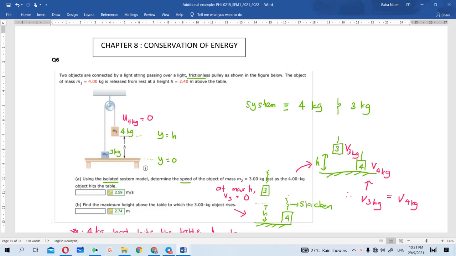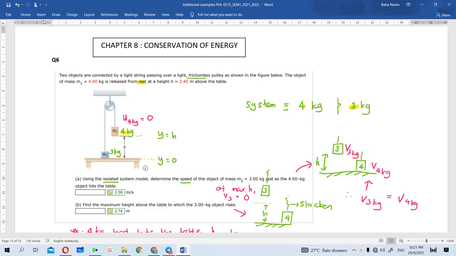Now let us have a look at this example. In this example there is no friction at all, so it's supposed to be easy. We have two objects that we will call a system, 4 kilogram and 3 kilogram. How is the arrangement? We find that the heavier one, 4 kilogram, is originally placed up here at a certain elevation h, and then